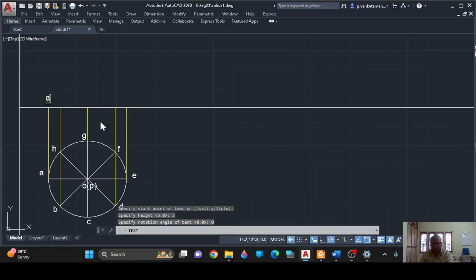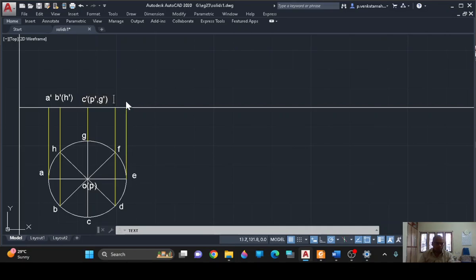So this is A dash, and here B is in front of H. So I will have B dash in brackets H dash, and here I have C P G, all three in one line. So C dash is in front, and behind that I have P dash as well as G dash,